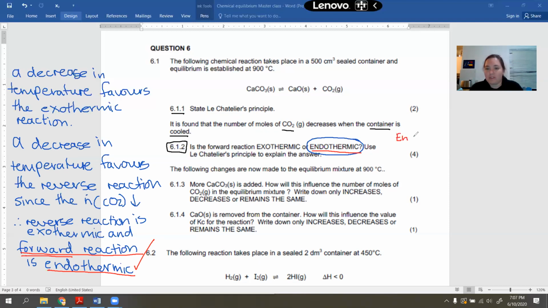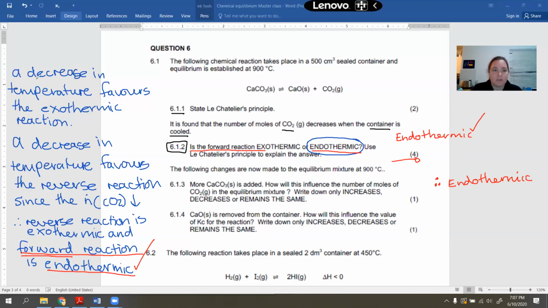Usually we assume that if a thing starts off with endothermic and then underneath you do your explanation, that was your answer, so we do give it to you. Or if you finished off with "therefore endothermic," we can assume the endothermic is the forward reaction. But if you've just got the word endothermic somewhere in among a jumble of other words, that doesn't count. So the way that I tend to deal with these is I first of all start with